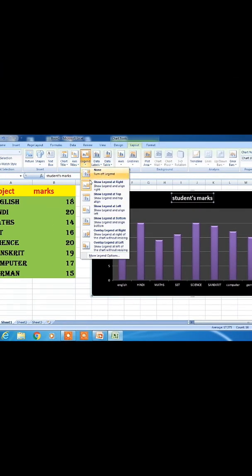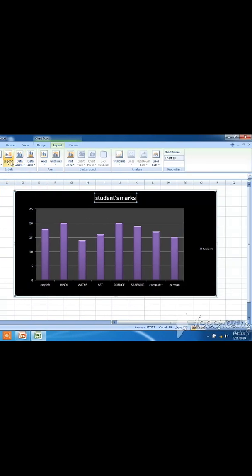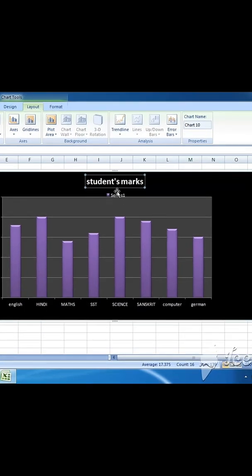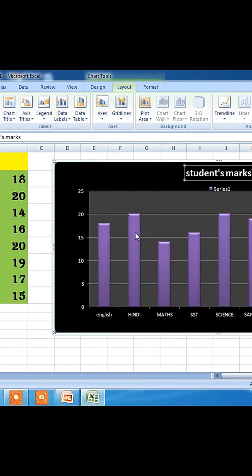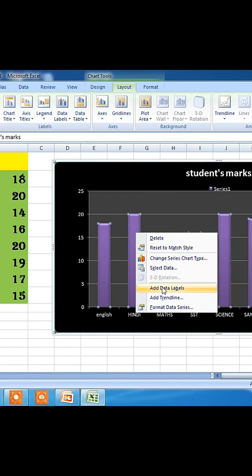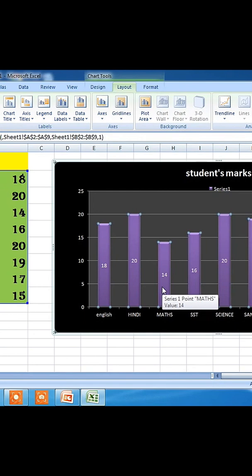Next is legend. After axis title, legend is there. See series, the series has come upward. The purple color shows the representation only. This purple color represents series 1. Okay, if there are two or three more types of data, then it will be series 1, series 2, like that. Now add data label. This is the way of adding data label. Go to data label options and you can add data label. See once again, the data label option is there. Or there is another way: right click on any of the bars and then select the data label option. Adding the label, this will make it easy to recognize.